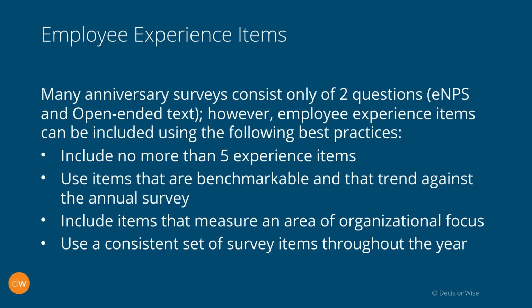So employee experience items can be included. This is the third type of survey item. We would say include no more than 5. I think most organizations are going to include these 5-point agreement scale items in their anniversary survey, maybe 1 or 2, just on things that they may be working on that year that they want some ongoing feedback for. But I would say it's much more common for them to use the 2 questions, the ENPS question and